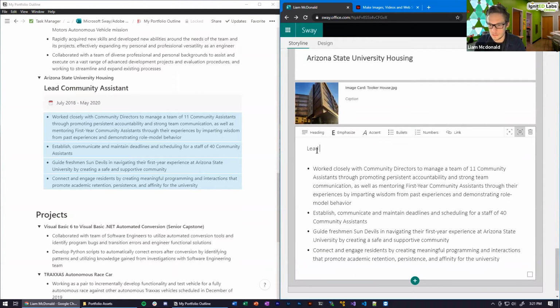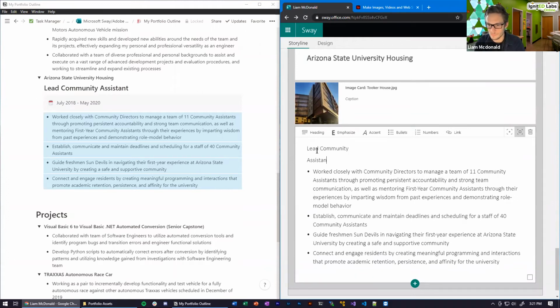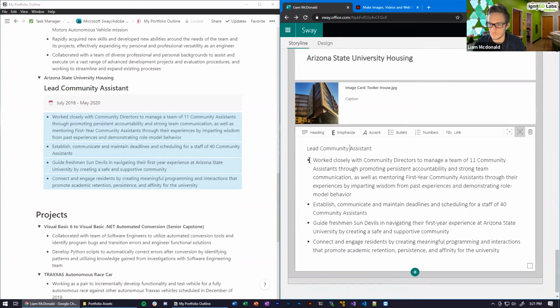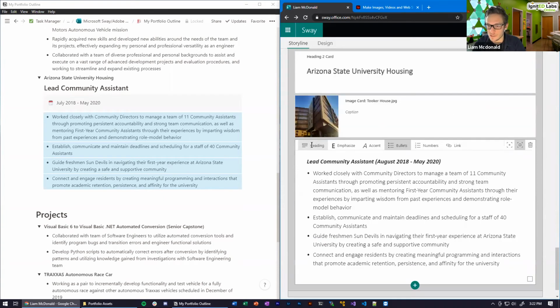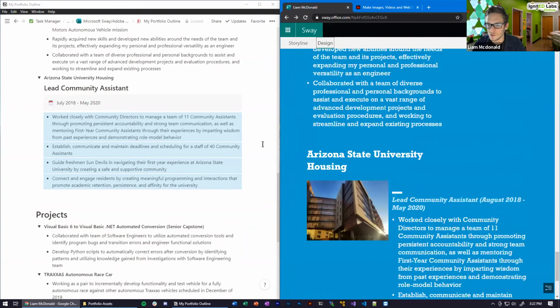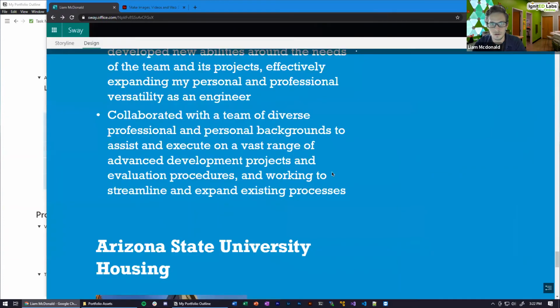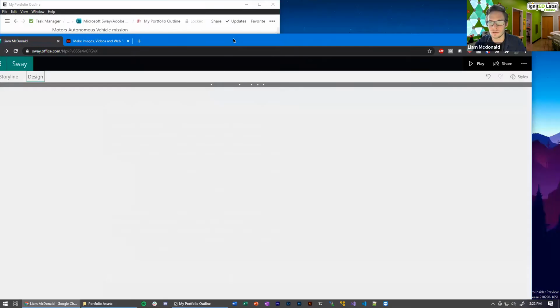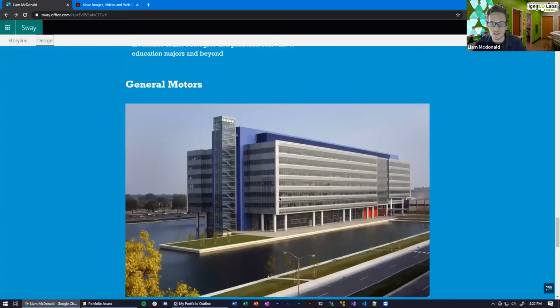So we'll go lead. Lead community assistant, and that was 2018 through May 2020. And then to follow suit there, I'll emphasize an accent. So now that I've added all this information, Arizona State University Housing, my image, and then the details of what I did there. Now, if I go back to design, you'll see it shows up here on its own page. Let me maximize this window again. And it shows up just as all my other